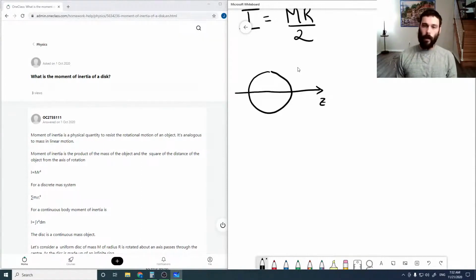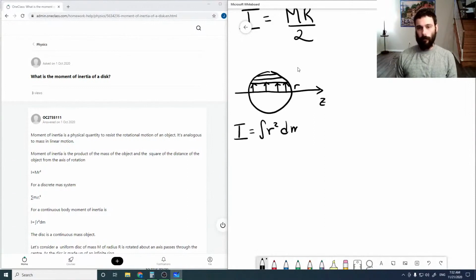So now to do that, we would have to consider elements this way, because the r is always the perpendicular distance, right? So that's our r. And so then the question is, how does this length change with r, right? Because we need to calculate